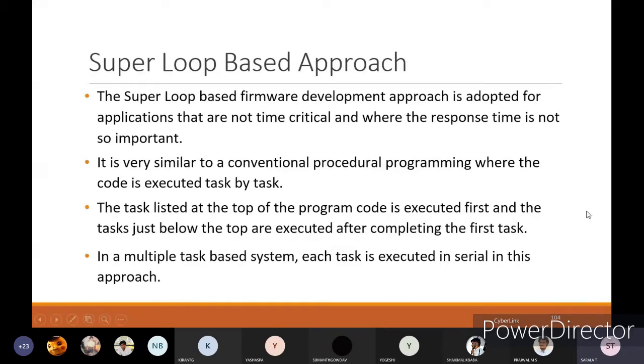The task listed at the top of the program code is executed first, and the task just below is executed after completing the first task. In a multiple task based system, each task is executed in serial, always in a serial way only, arranged from top to bottom. As and when it reaches the last task, after completion of the last task, it will go back to the first task.